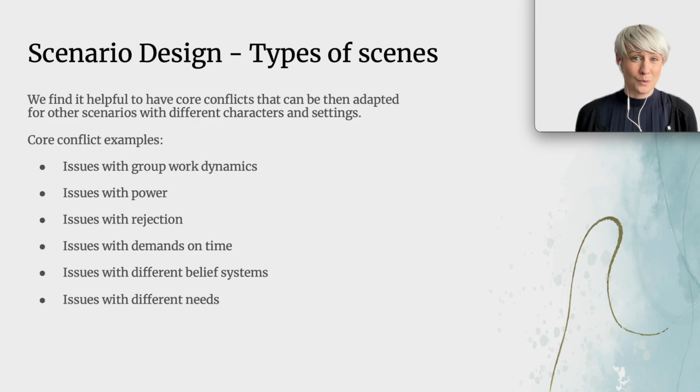We have issues with demands on time. We have issues with different belief systems, and issues with different needs, which we have talked a bit about before. But for example, if one person needs to be social, where another person needs to get work done alone. So being social, Goffman talked about this a bit, talked about it as having a positive phase, while needing to sit on your own focus would be more of an autonomous phase that you need to be in at the moment.